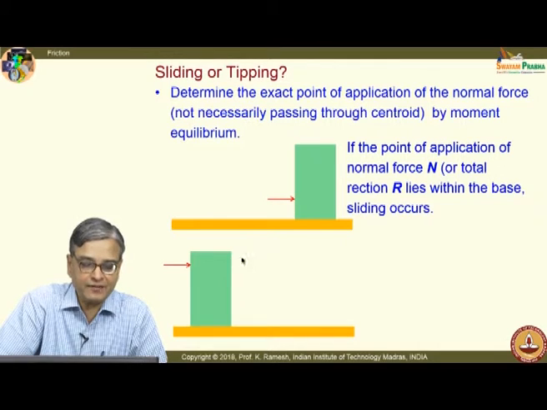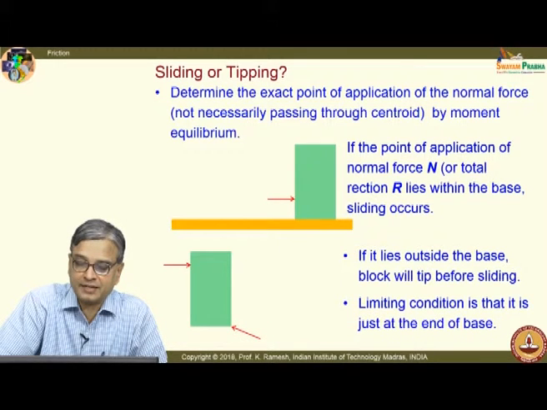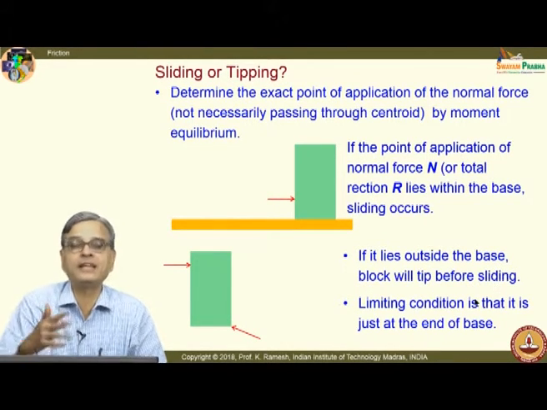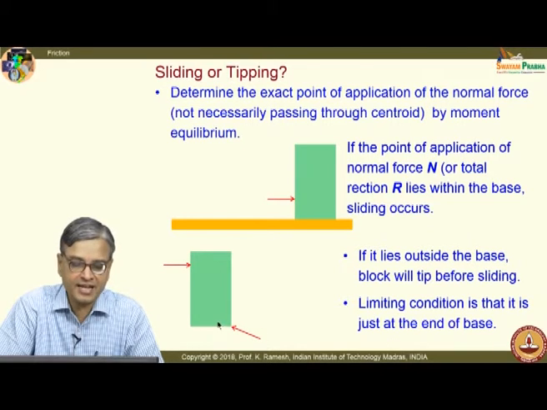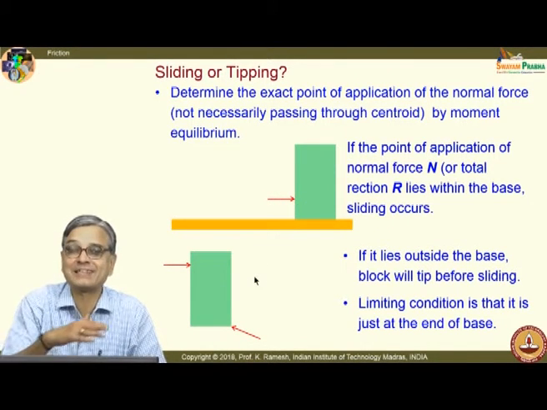On the other hand, if I apply the force at a different location and if I investigate what is the point of action of the reaction, if it lies outside the base, the block will tip before sliding. What is the limiting case? Limiting case is the edge of the object. So, here it becomes the corner. So, limiting condition is that it is just at the end of the base. So, if I have to investigate whether the object under the action of the force will slide or tip,